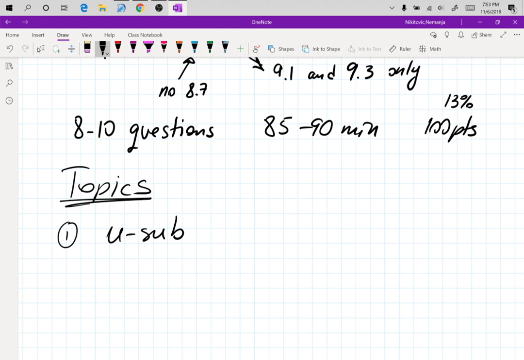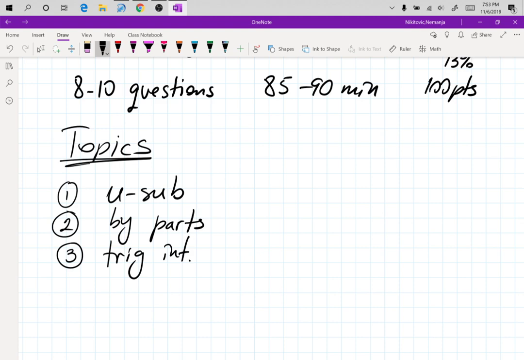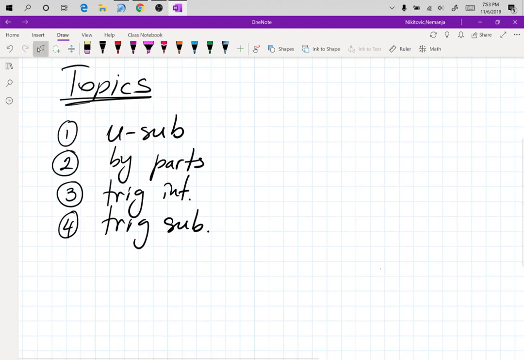So u-sub is something that you must know. And now we can start listing all of the other ones. By parts. Then we have the trig integrals, and then for trig sub, we have partial fraction,